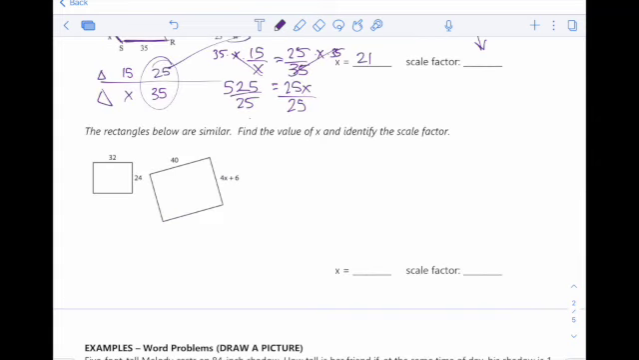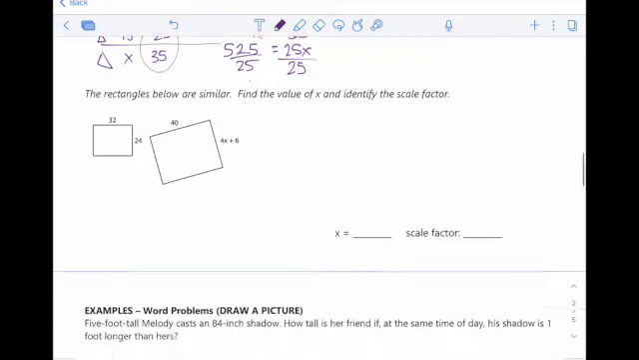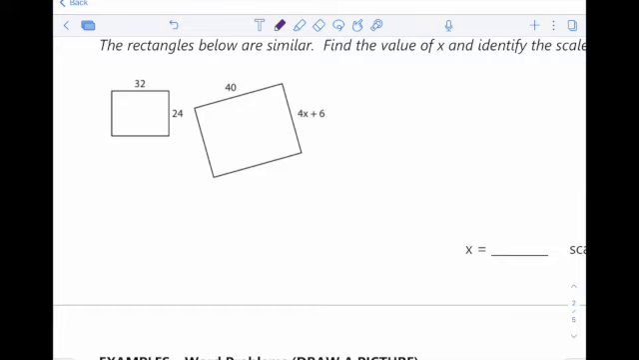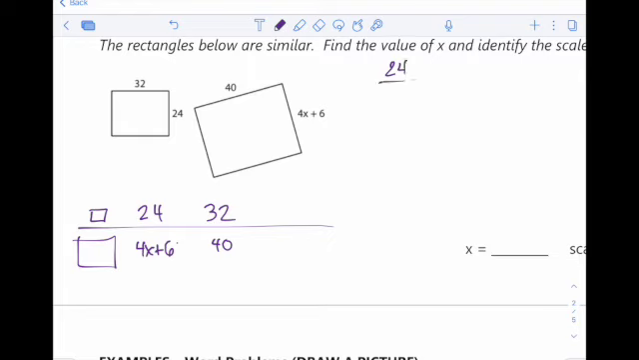All right, this one is similar. It's just got the 4x plus 6 instead of just a regular x. This is where all that math review, guys, starts showing up. So let's do it. Small one on top, so the small side is 24, big side is 32. In the big rectangle, the smaller side is 4x plus 6, and this one is 40. So we've got 24 over 4x plus 6 equals 32 over 40. Multiply times 40, they go away, and times 4x plus 6, they go away. So 40 times 24,